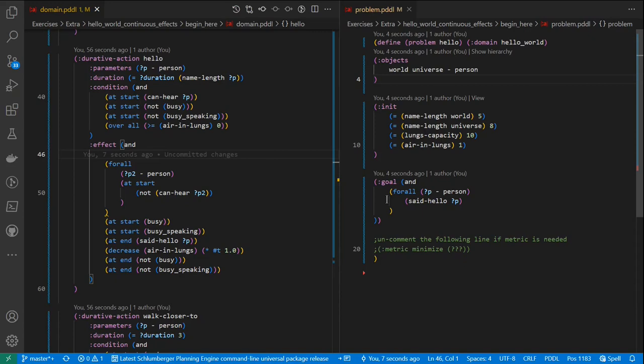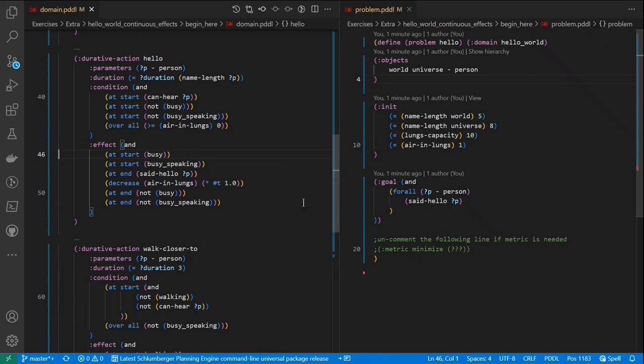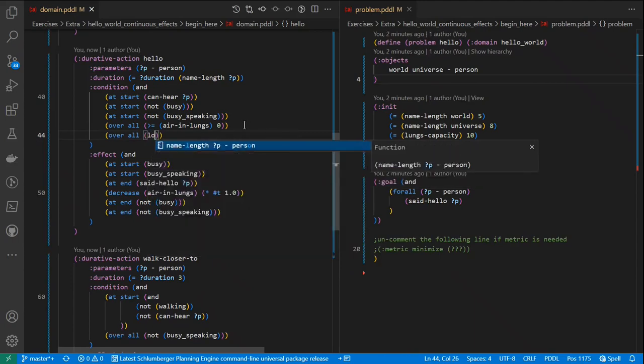Yes, you are right. There is a much better way of describing this, with a proper causality-explaining model that captures that you are close to the person you are talking to. So let's get rid of this for-all effect, which was kind of cool, but quite wrong. In fact, we want to say that while we are talking to someone, so overall, you are close